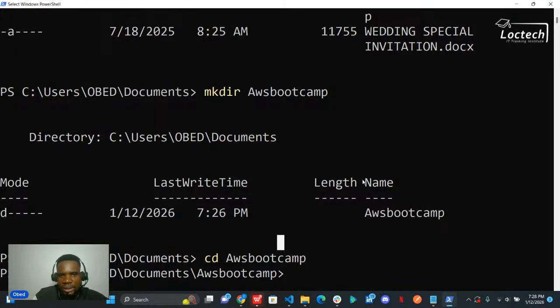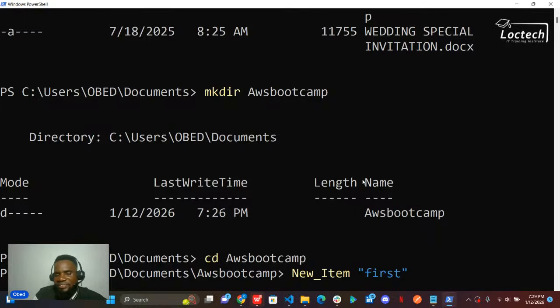Now note, there are various ways to create files across different terminals, right? So we're going to stick with New-Item for today. For this particular session, there are various commands to create a file, so I will go with New-Item. Now, New-Item, then I will name the file. I want to name this file first.